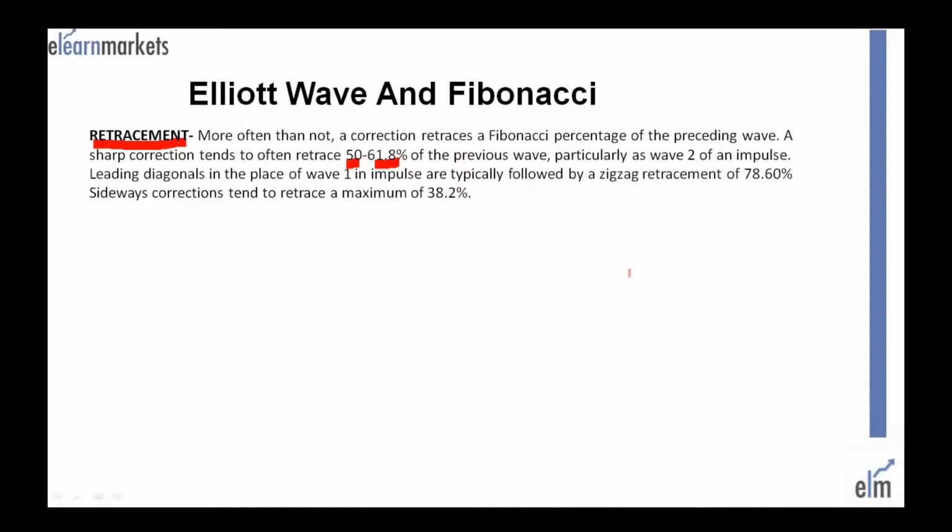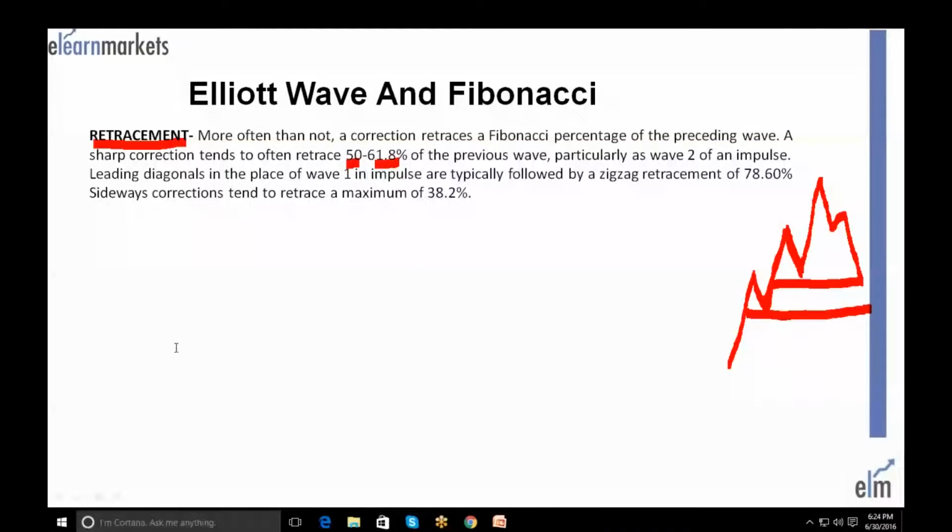So it is very commonly observed that when a motive wave comes up, then the corrective wave which follows is usually either 50% or 61.8% of the preceding wave. Even within the motive wave, these corrections are also correcting the preceding impulse in a ratio which is akin to the Fibonacci ratio. So particularly, a sharp correction tends to often retrace 50 to 61.8% of the previous wave, particularly as wave 2